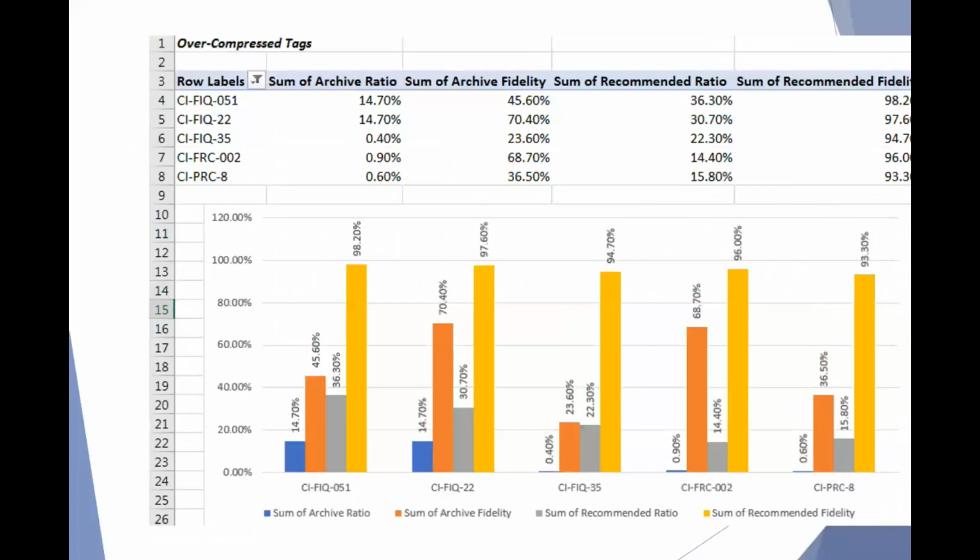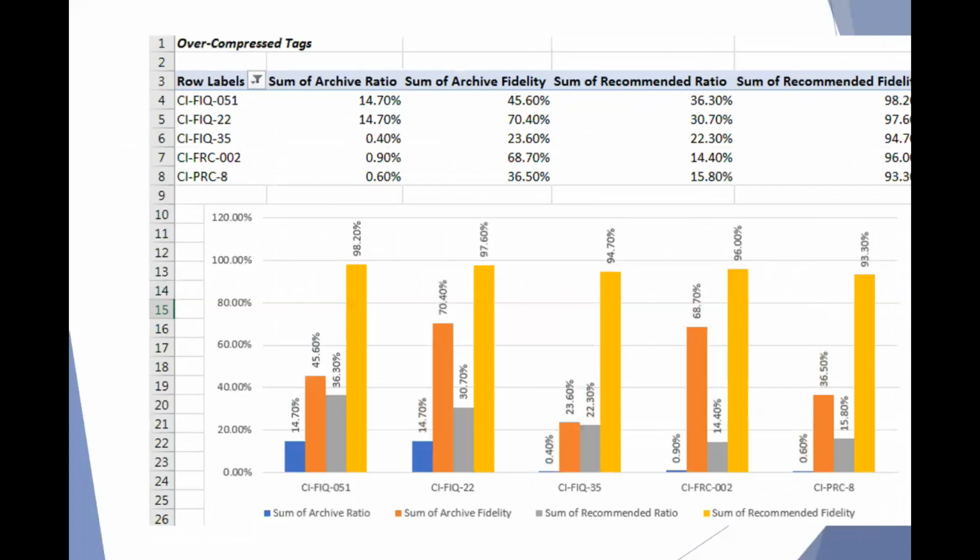However, what we're very interested in now is improving the data fidelity for each of these. And so again, the yellow columns represent the fidelity at our recommended exception and compression settings. So you can see that we've improved data fidelity across the board for all of these overcompressed tags. But have a look at the gray column now. We're storing more data than the original archive settings, but we've achieved this balance where we're only storing, in some cases,